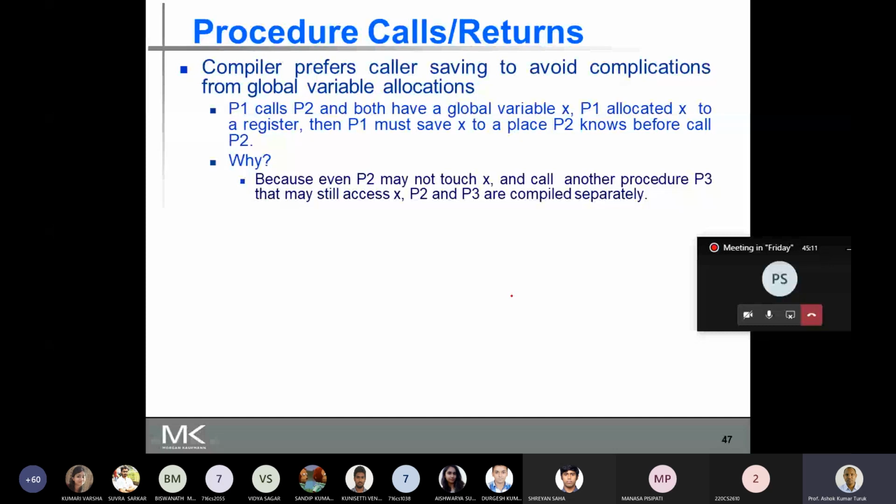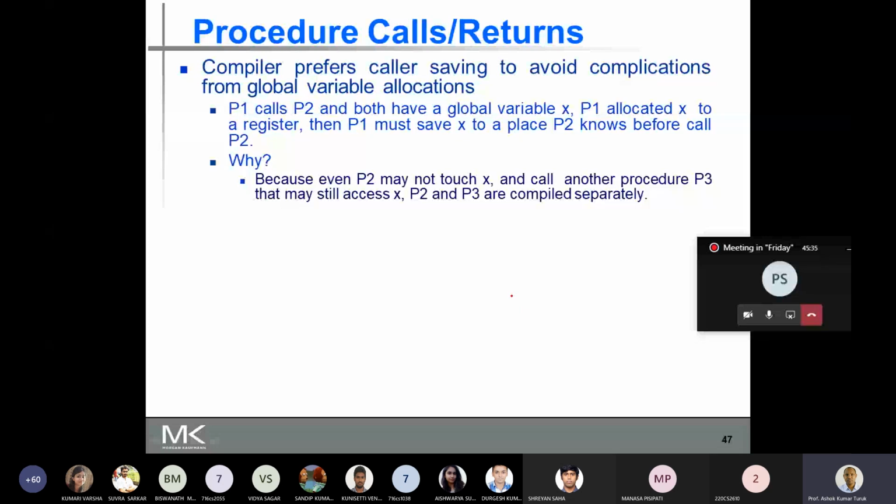Now P2 calls P3 and P3 accesses X. Now when P3 accesses X, P2 has not stored X. As a result, when P3 gets the X, it is not going to get the updated value of X. So there is a problem in the callee saving.